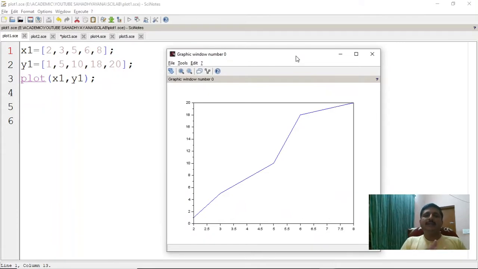Now basically, when you draw a graph, you would like to have labels, right? Some label for the horizontal axis and some label for the vertical axis, that is the x-axis and y-axis. It's also better to have some title for the graph. So let us try to learn how to do that.